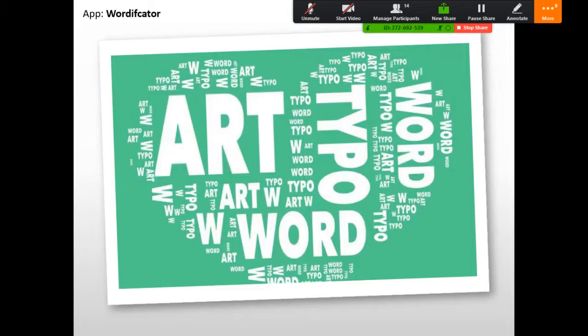What I wanted to do though was get the pupils to use this lesson as a dictionary skills lesson. So they'd had the adjectives from the story, and I wanted to give them a chance to go and find their own ones. And I decided to use the iPads for this and the app that's called Wordificator. This is similar to what most of you will be familiar with, Word Cloud, and there are lots of alternatives available for this app.